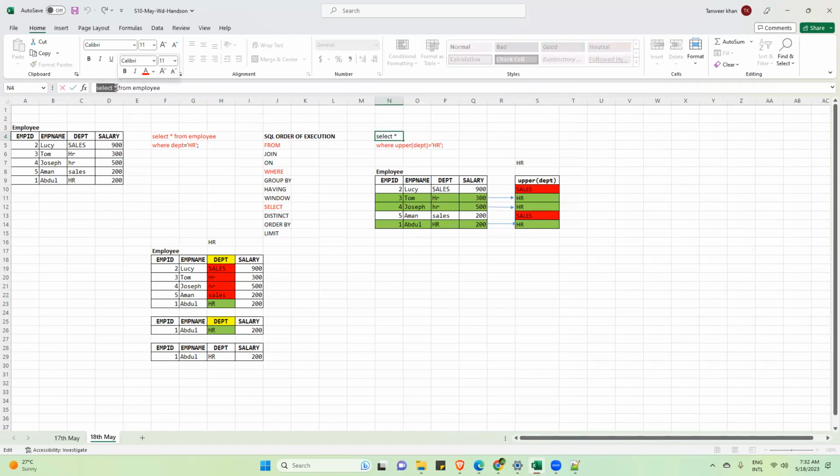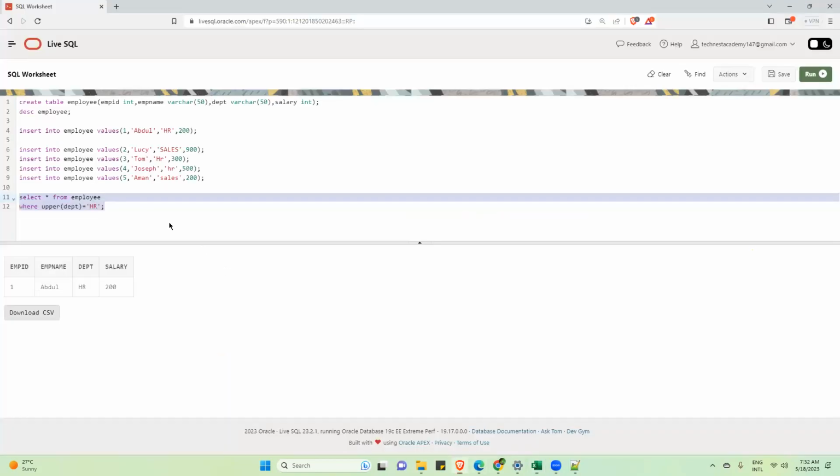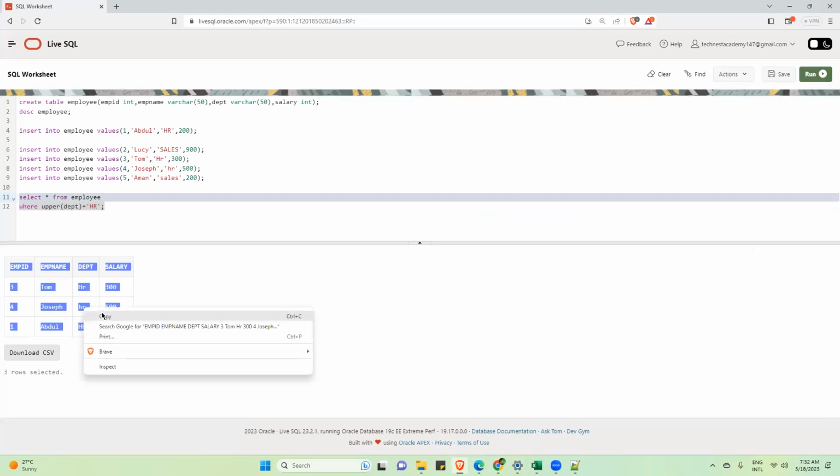The meaning of select is to display. You have written a star, which means display all the columns. So all the columns will be displayed for the records you have selected. This is as per our analysis. I will show you the output of the SQL engine as well. So now check, this is the output of the SQL engine. Please verify, are you getting the same output?